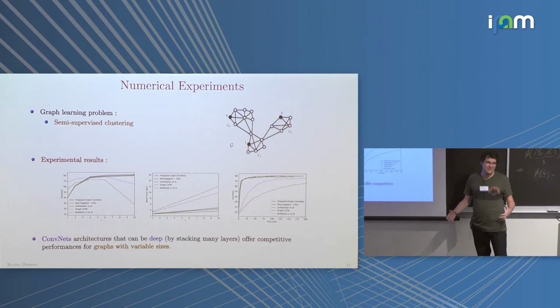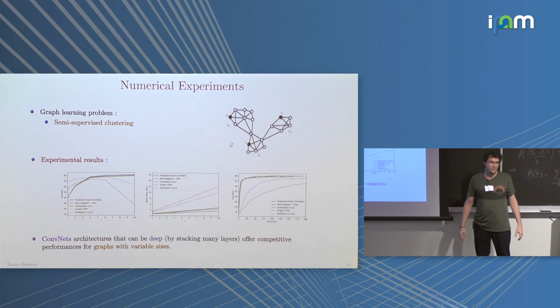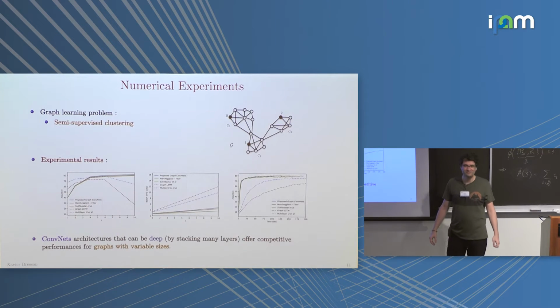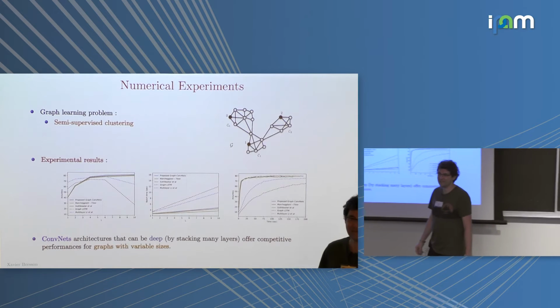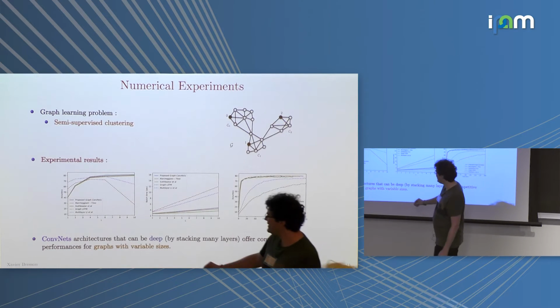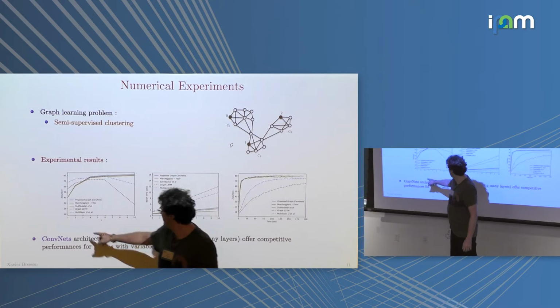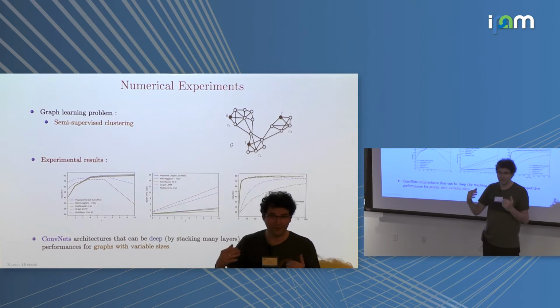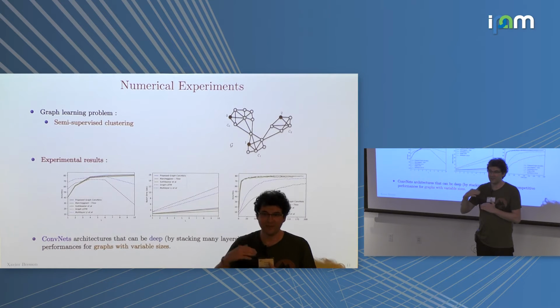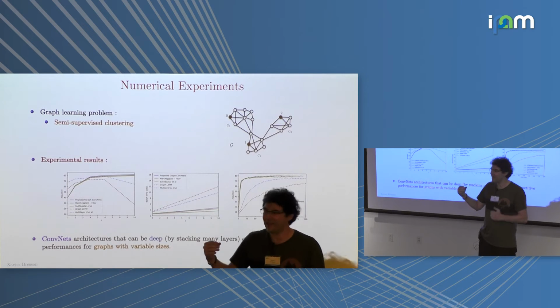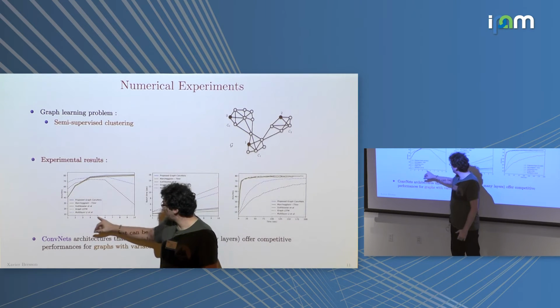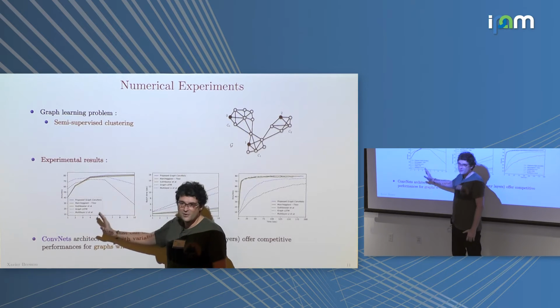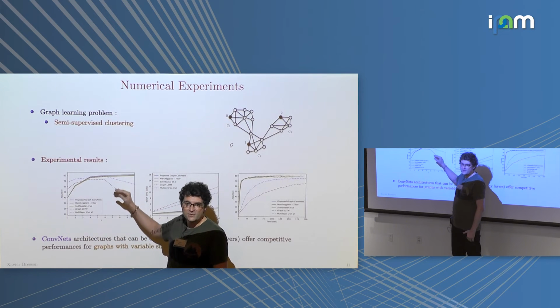I mean, you don't need to hesitate. Just take graph convolutional neural networks. Yes? What is that arrow in the plot? Oh, this is the number of layers. So you know the performance of a learning system is going to get better if you stack more and more layers. The question is, how many layers do you need? And the problem is, I don't want to care about the number of layers. I want to stack as many layers as I want, and I don't want the performance to degrade. And this is what happens with RNN.